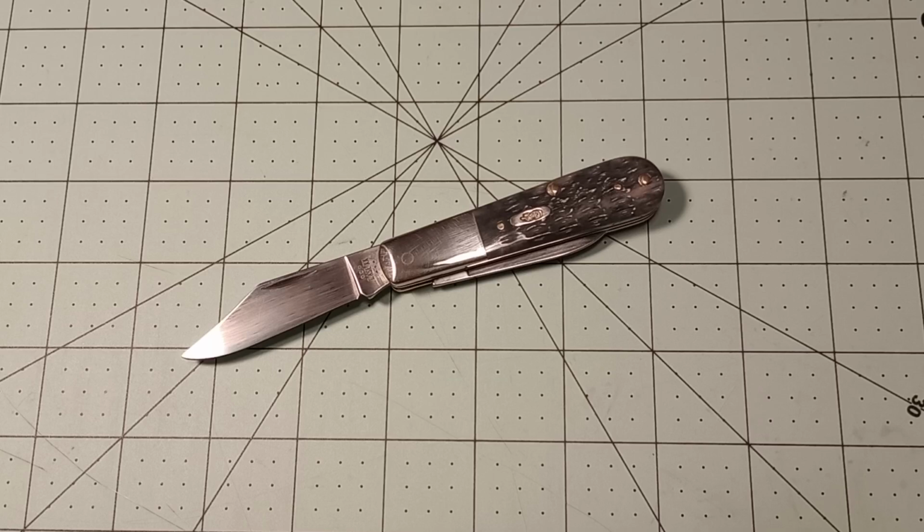So I have a rather exciting knife in front of me here, a knife that I was excited about since I saw that it was coming out. But to backtrack a little bit, at some point last year, I think it was the last third of last year, Case announced that the Barlow was coming out of the vault and going back into regular production, which a lot of people were really excited about, including me,